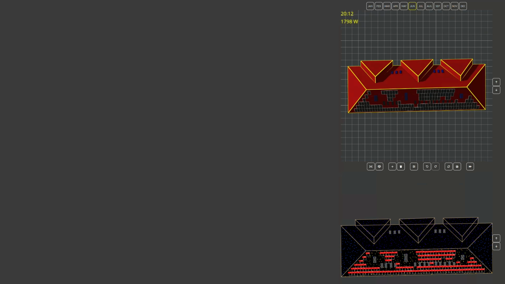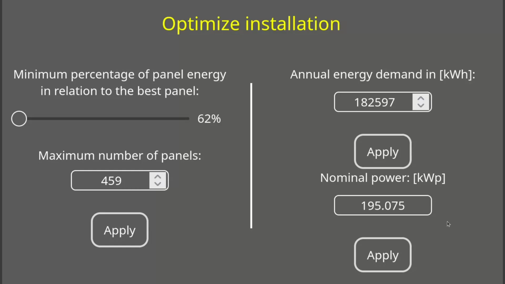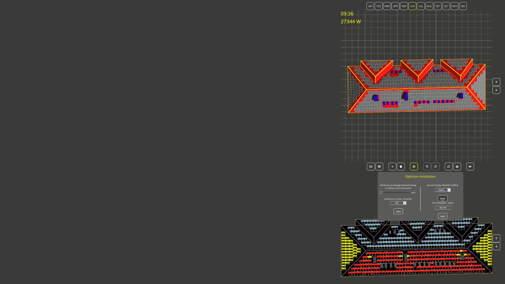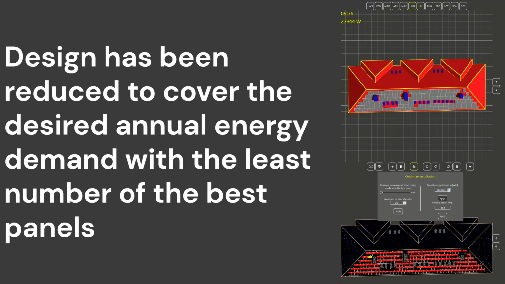The other optimization parameters work in the same way. Here, your initial design can cover the maximum annual building energy demand of around 182 megawatt-hours. However, from the energy bill it is known that the building consumes only 98 megawatt-hours per year. Your design has been reduced to cover the desired annual energy demand with the least number of the best panels